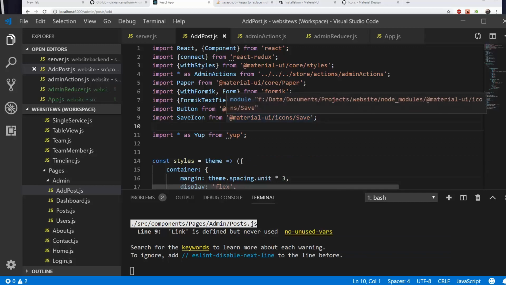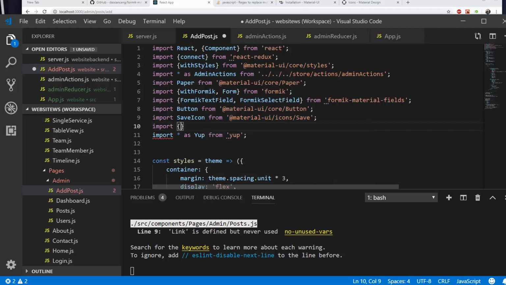Or actually, yeah, let's do that. So how we're going to do that is in here, we're going to import withRouter